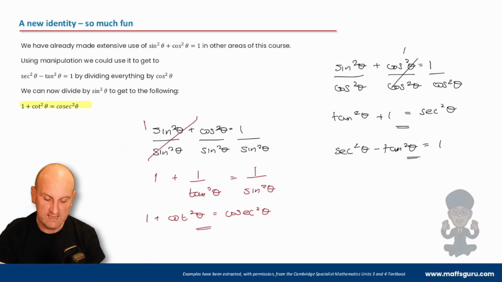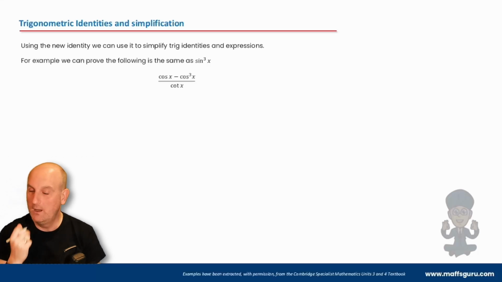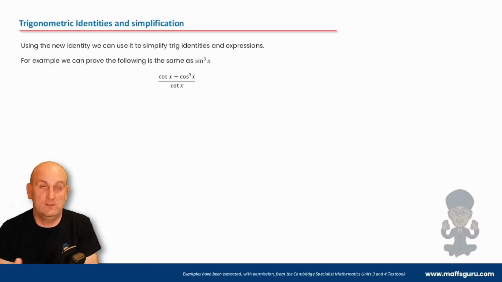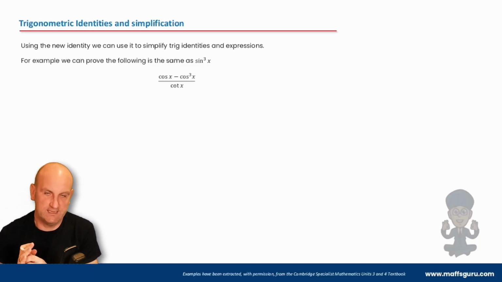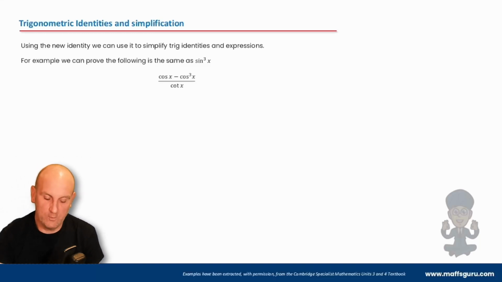But so now, here we have 2 more useful formulas to add to our entourage. Now, why would we work out our entourage? Well, there's lots of different things we can do with these particular questions. And one of the ones we used to do in the United Kingdom, which I absolutely adored, was trig identities and simplification. Now, again, it's a bit of a trick, and there's no hard and fast rule that I can ever work out with these ones, but it says, for example, we can write this